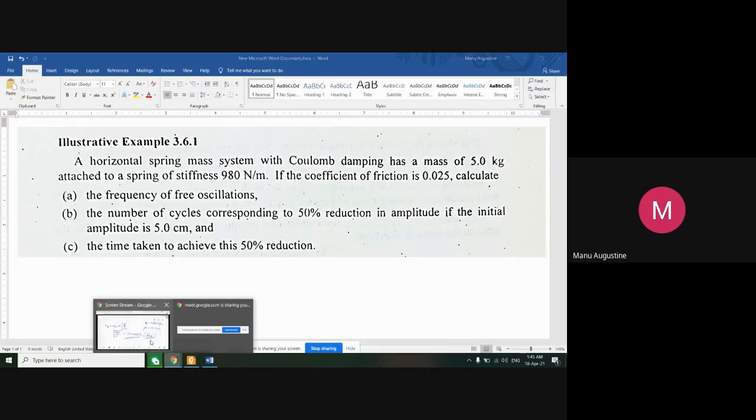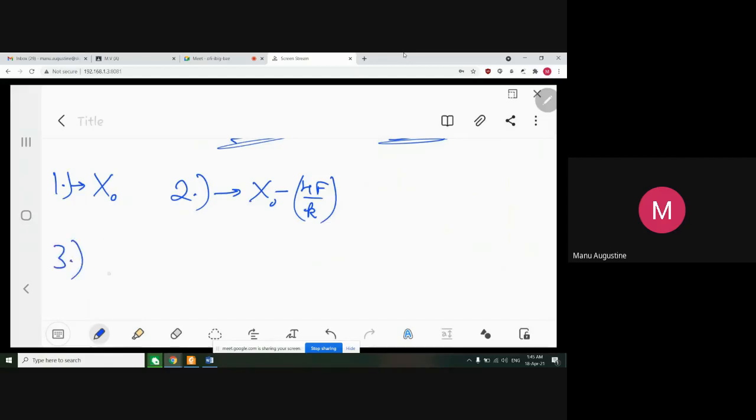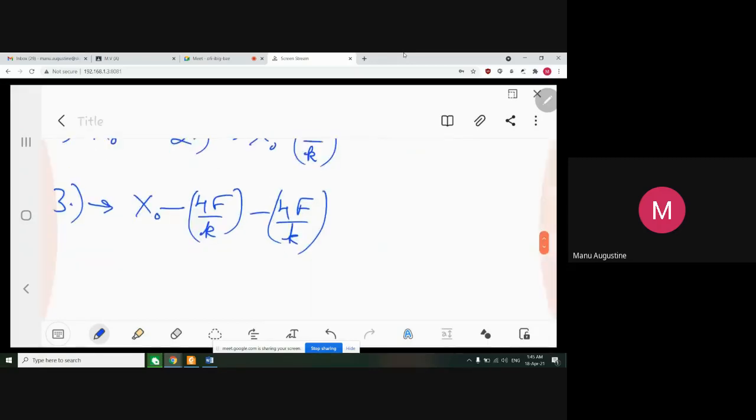अब देखो ये it's a very simple question, बिल्कुल बेसिक क्वेश्चन है, लेकिन अब यहां पर अपना ये वाला फॉर्मूला काम आता है। मेरे को ये पता है कि हर ऑसिलेशन के बाद, सपोज मेरा स्टार्टिंग एम्पलीट्यूड x0 था, फर्स्ट ऑसिलेशन, सेकेंड ऑसिलेशन में साफ सी बात है मेरा एम्पलीट्यूड जो होगा x0 माइनस 4f/k होगा। इतना कम हो जाता है हर ऑसिलेशन के बाद। थर्ड ऑसिलेशन जब स्टार्ट होगा तो मेरा एम्पलीट्यूड x0 माइनस 4f/k माइनस 4f/k, एक और बार 4f/k कम हो जाएगा। और चौथे ऑसिलेशन में x0 माइनस 4f/k माइनस 4f/k माइनस 4f/k।